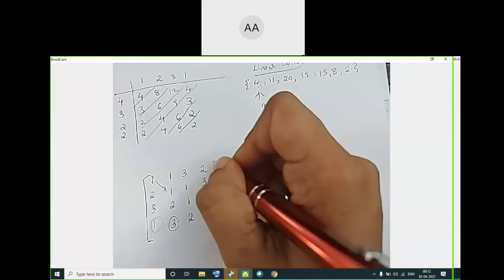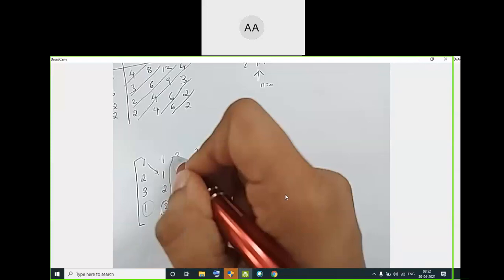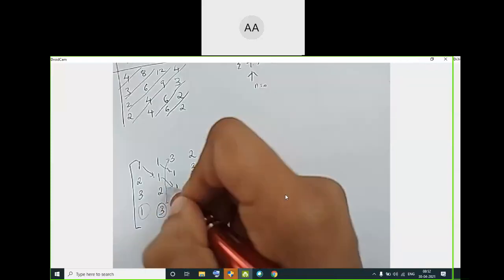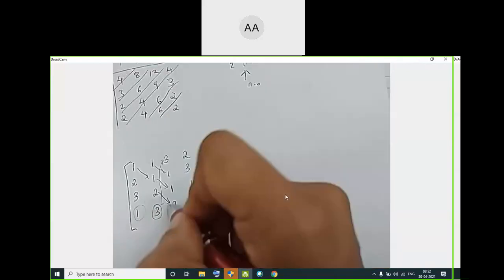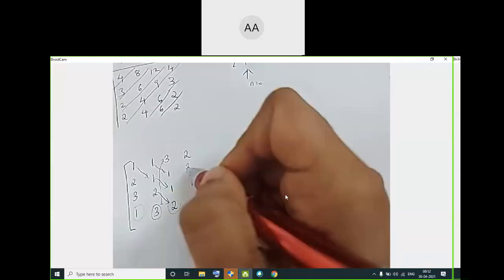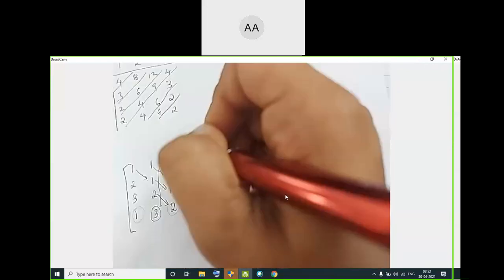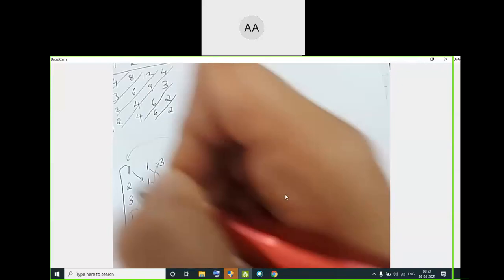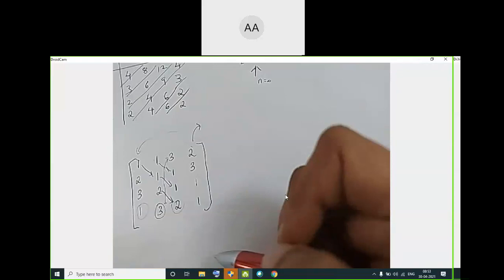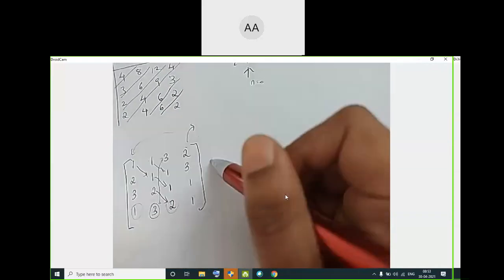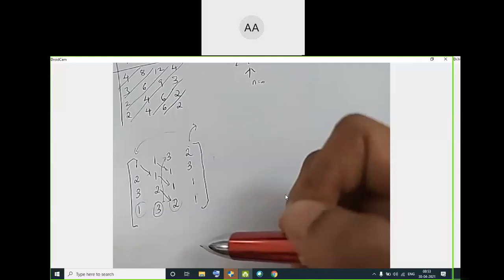Always the last number goes first, and these will come below. Got it? That's all. Again the last number goes to the top. If I shift once more, I am going to get the original back, so you will stop at that point. Again if I shift, this will become 1, 2, 3, 1, which is the first row, first column. Got it?